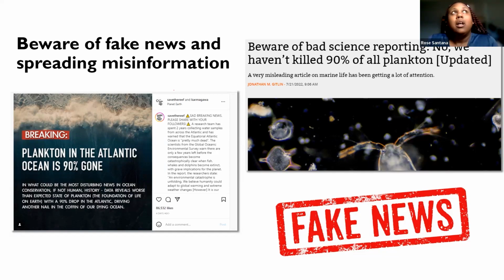talking about how only certain areas were sampled. I don't know how much you guys know about plankton, but plankton undergo something called diel vertical migration, and it was only sampled during the day by people who were not properly trained to sample. So it really was a misinterpretation, when the article was saying that 90% of the plankton were gone, but it was all completely fabricated, and it was just bad science reporting in general. A lot of scientists basically dissected this paper afterwards, and it turned out it was more or less fake news. It was inaccurate. So being mindful of what you share and fact-checking what you share is super important when it comes to science communication.